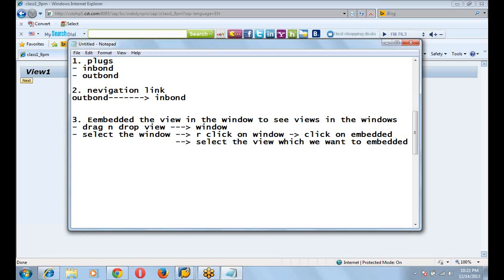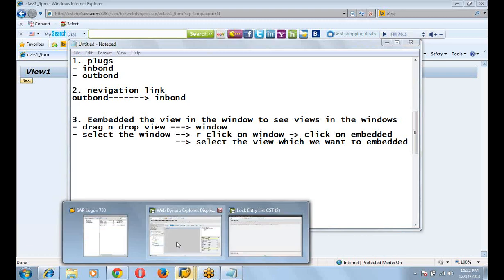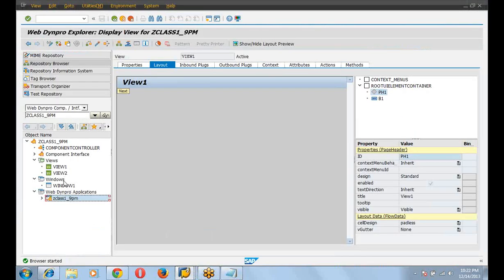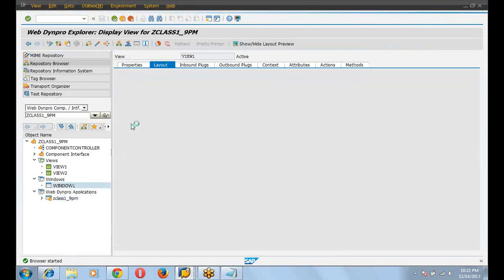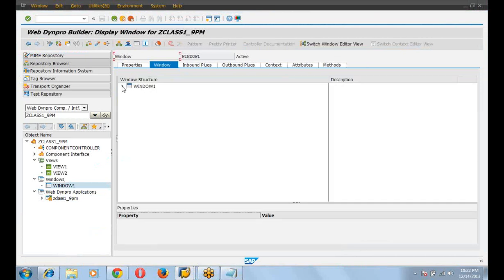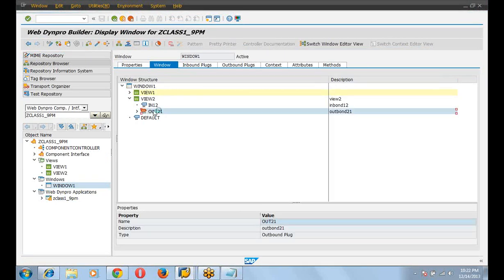To provide the navigation link, we will move outbound to inbound, and there is another option. Look here, there will be an option because we have created the navigation link, create a navigation link.